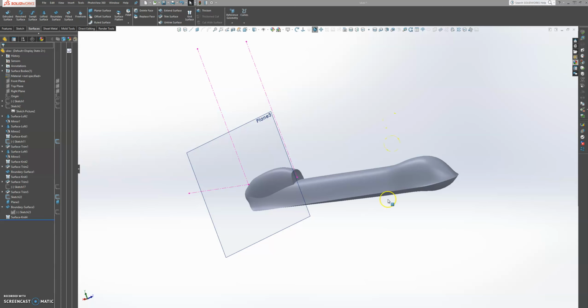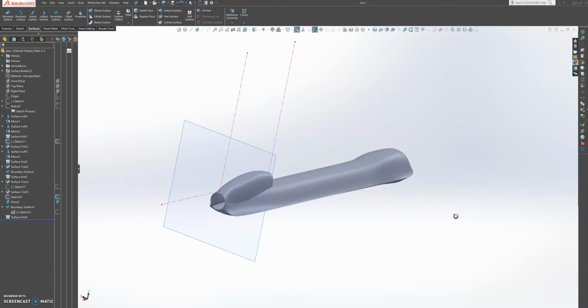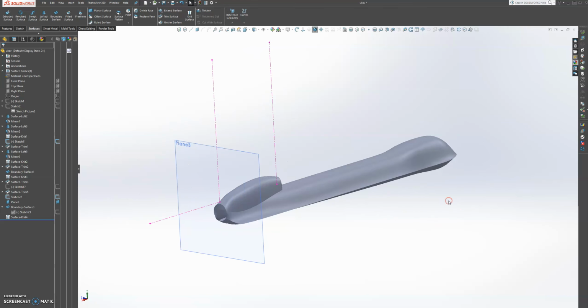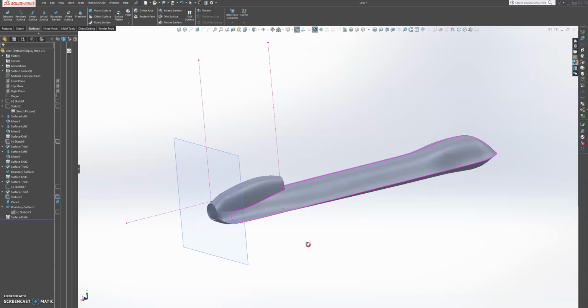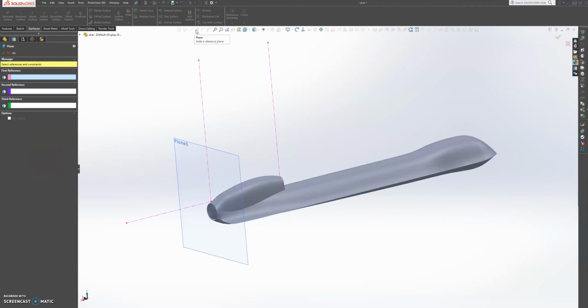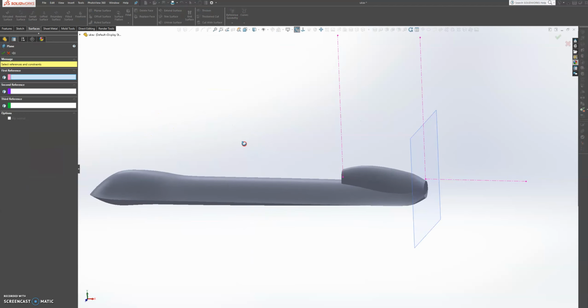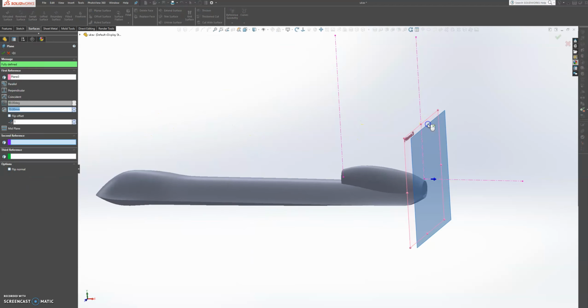In the last tutorial we created the middle section of our UAV drone, and in this tutorial we're going to go through the motor mount and the propeller, and hopefully we can do the wings. So let's get started. We already have this plane showing, so we're going to make another plane on top of this plane. So let's click that plane